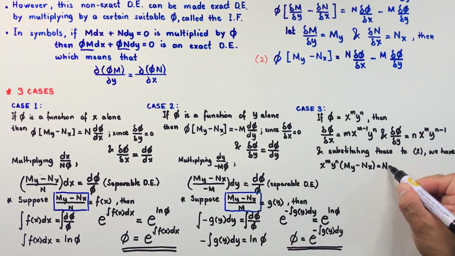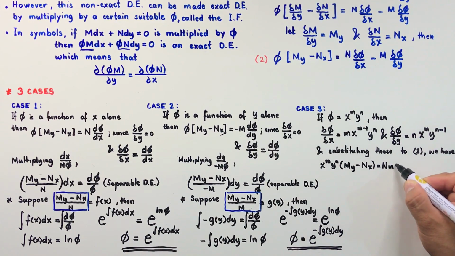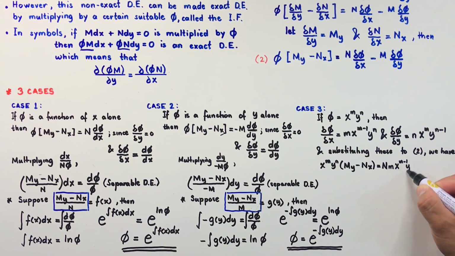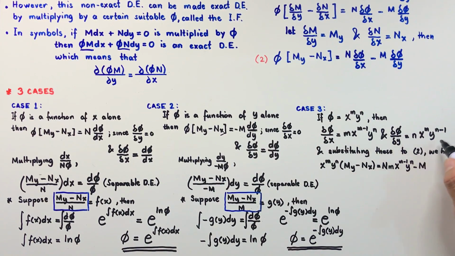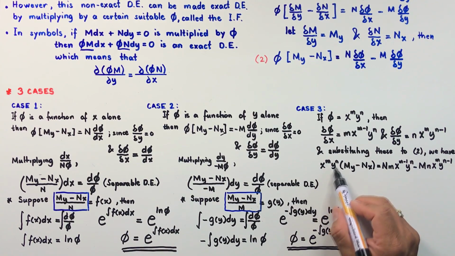So this is N times m times x to the power m minus 1 times y to the power n. And this will be subtracted by M times the partial derivative of phi with respect to y, which is this one here. So we have times n x to the power of m times y to the power of n minus 1. And dividing both sides of the equation by x to the power m times y to the power n,